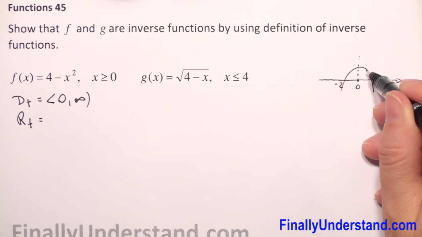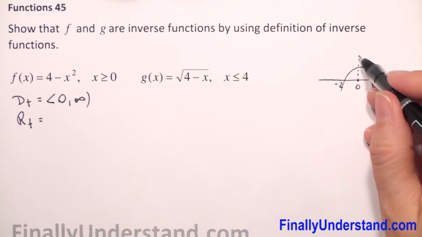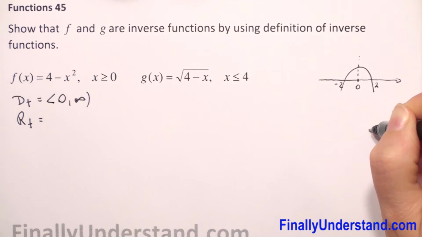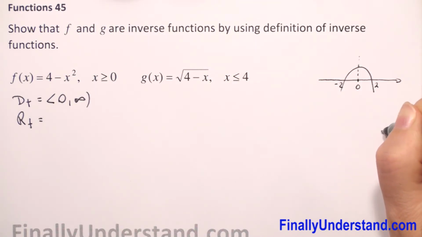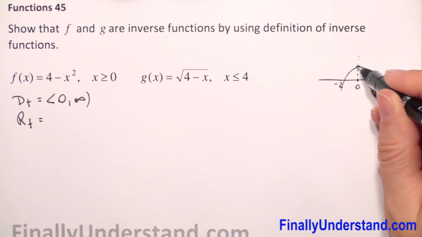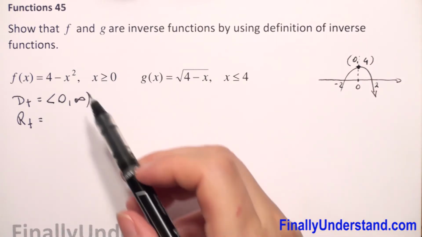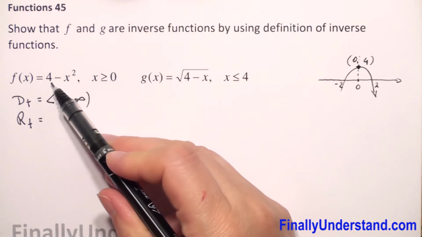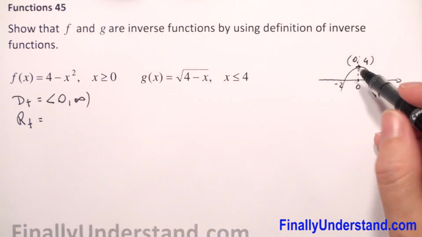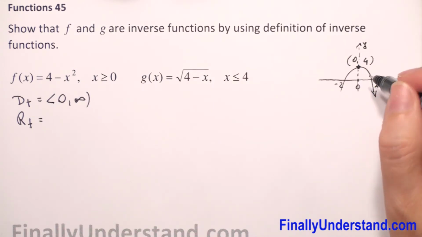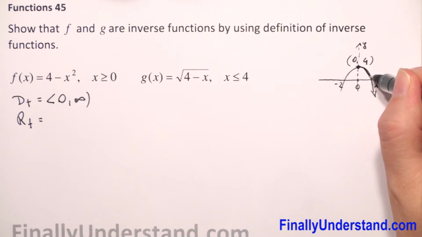And we see that the range of our function, this graph is going down. So from negative infinity, this graph is going to negative infinity, to the vertex of our parabola, which is 0, 4. Why? Because when we substitute x by 0, it will be 4 minus 0 is 4. So this is our y-axis. This is the x-axis. We consider only this part of our graph